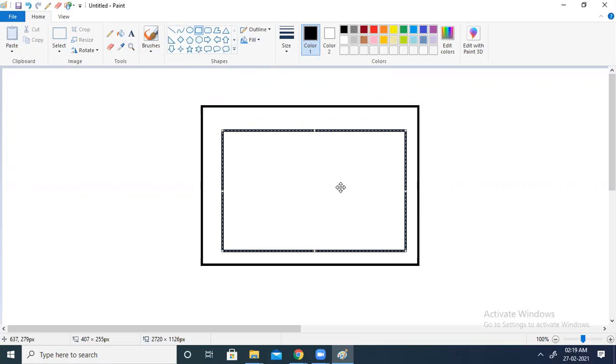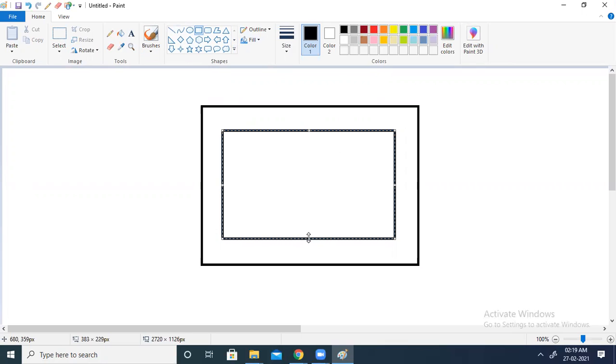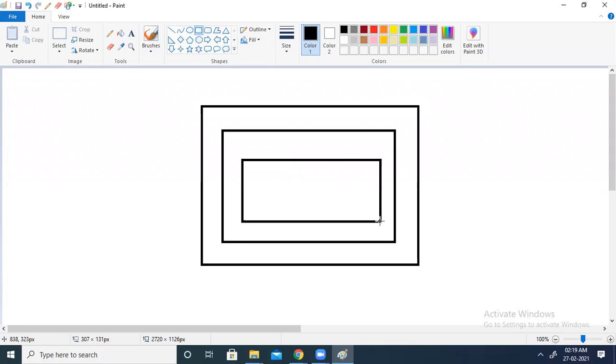Again, if you want one more, you can also set the size as per your requirement. Like this you can modify. You can increase the size and you can decrease the size of the rectangle. If you want one more, same way, take the rectangle from here and drag like this. So this is the way you can draw the rectangles from the shapes tool.